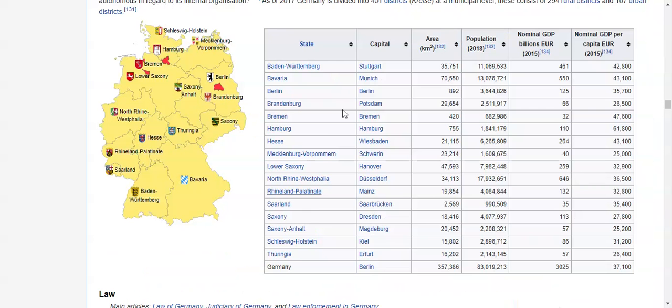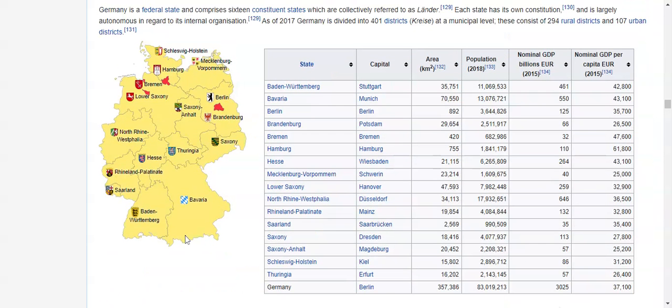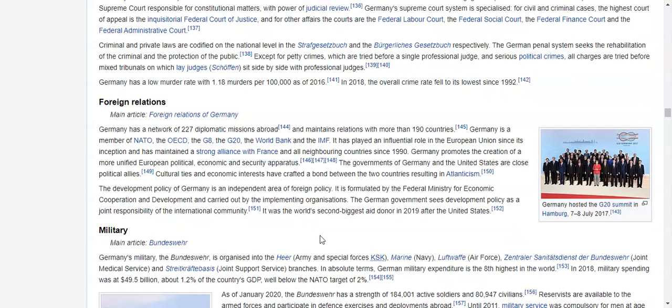Here we have the constituent states of Germany. The states that I mostly think of, of course, are Saxony, Lower Saxony, Saarland, Bavaria, and Hamburg. I guess this is mostly because they are in English. Of course, don't forget Berlin, but I guess this is because it is in English. I don't speak German, it is very difficult, so of course I can't pronounce Nordrhein-Westfalen.